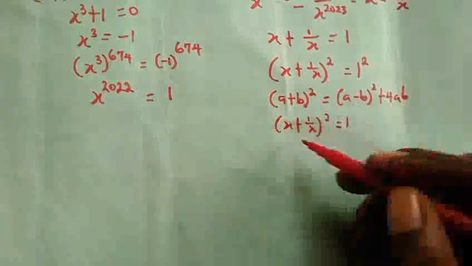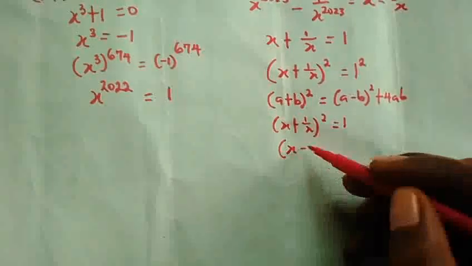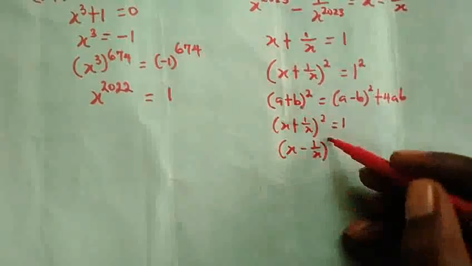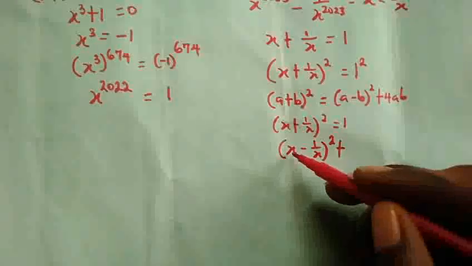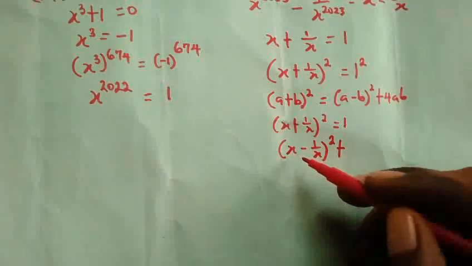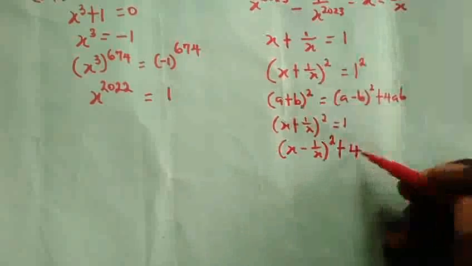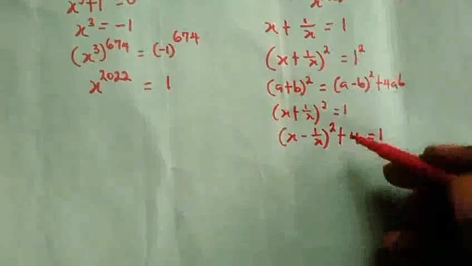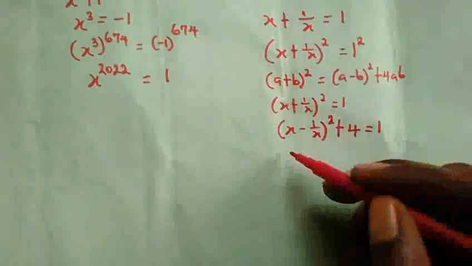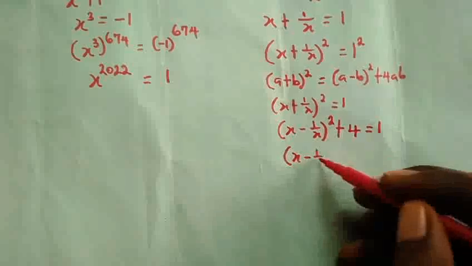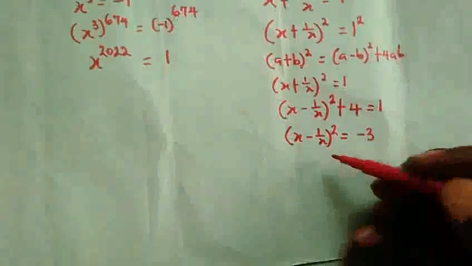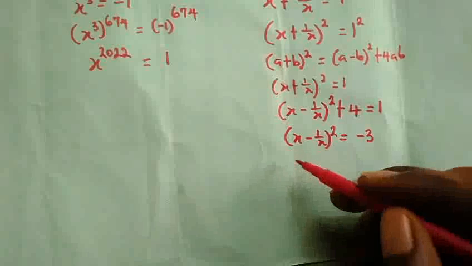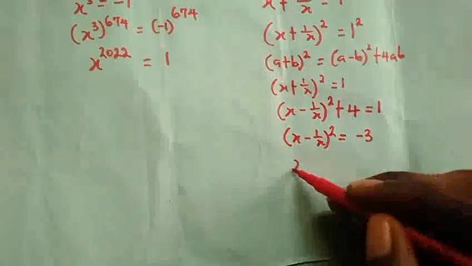Using this identity here, we get x minus 1 over x squared plus 4 times x times 1 over x, and x and x get cancelled out, so we're left with 4 is equal to 1. Now 4 crossing over to the other side, we get x minus 1 over x squared is equal to negative 3, and taking the square root of both sides here,